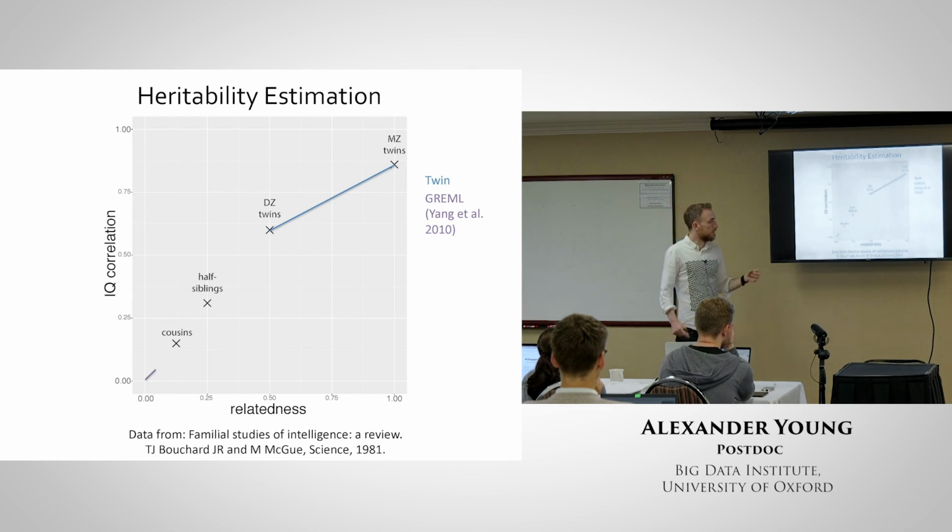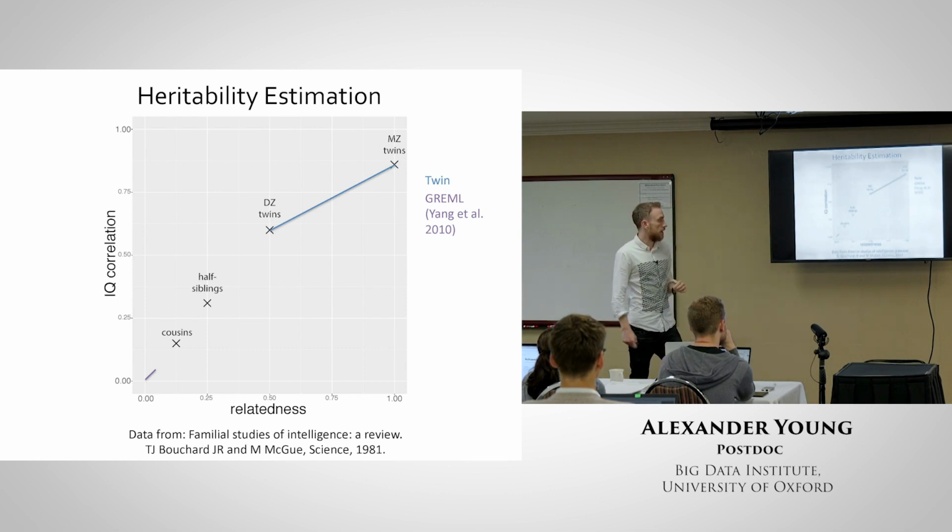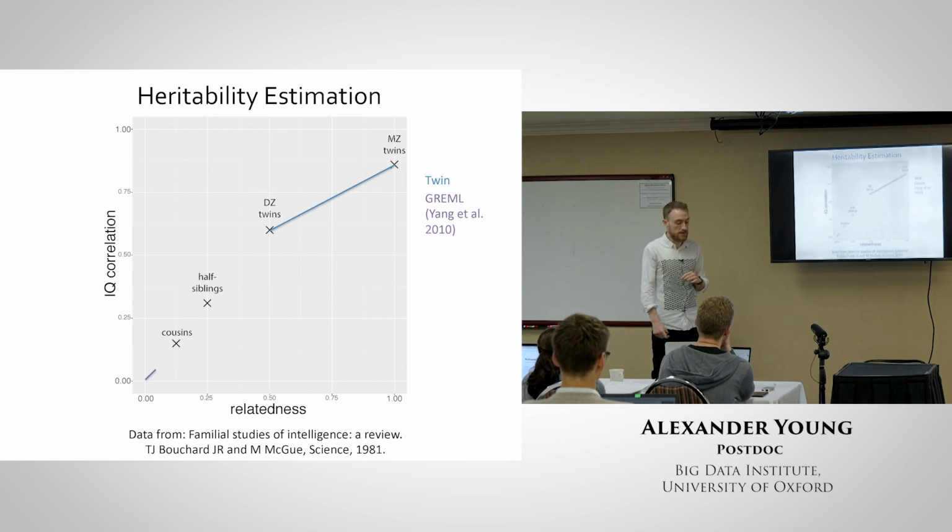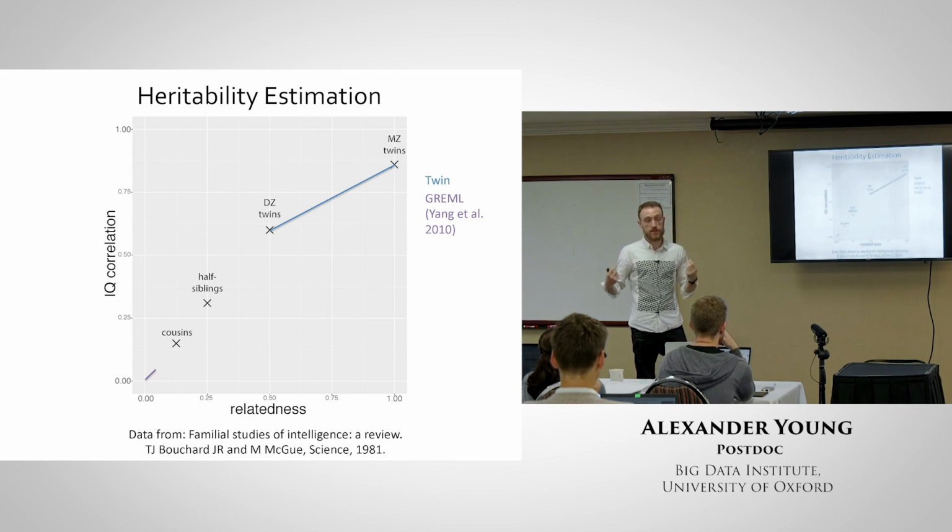More recently, these GREML methods, which I'll say a bit more about later, became popular. And they look at, at a high level, how phenotypic similarity changes with relatedness estimated from SNPs for distantly related pairs of individuals. But if environmental similarity increases with SNP relatedness for distant pairs, then they can be biased. And when you have indirect effects from relatives, if your SNPs become more similar, then your parent SNPs become more similar. So that's going to track the indirect effects from parents in the same way as it tracks the direct effects, essentially.